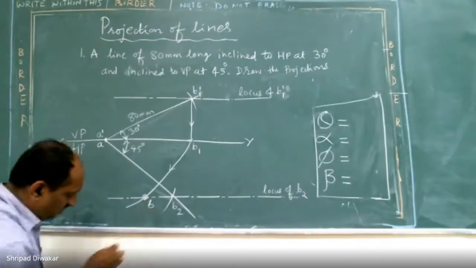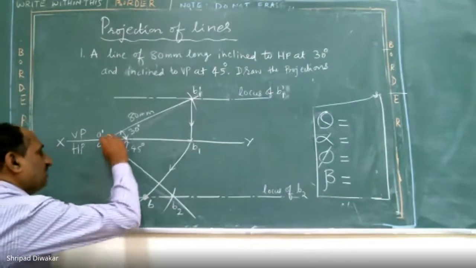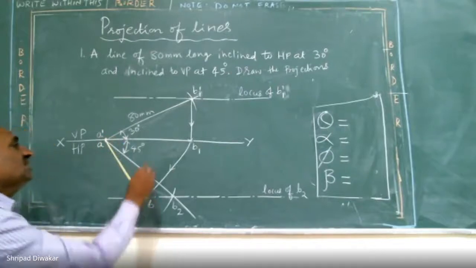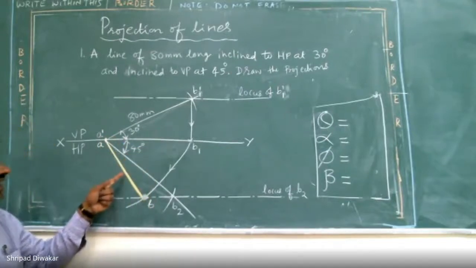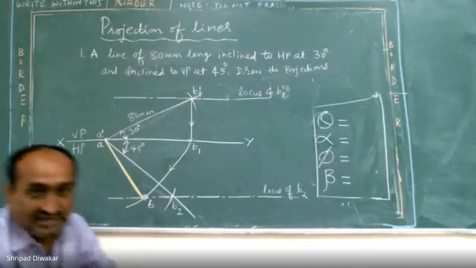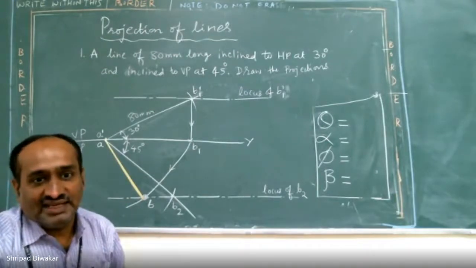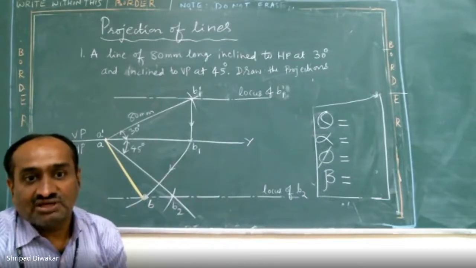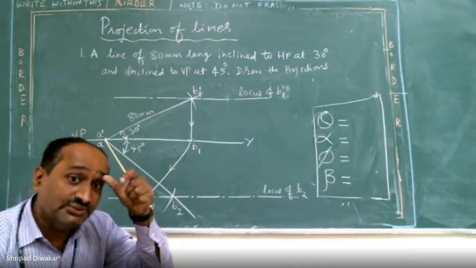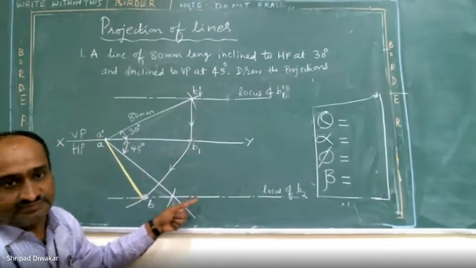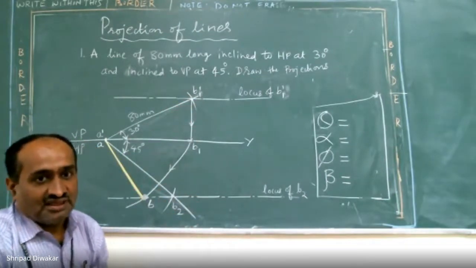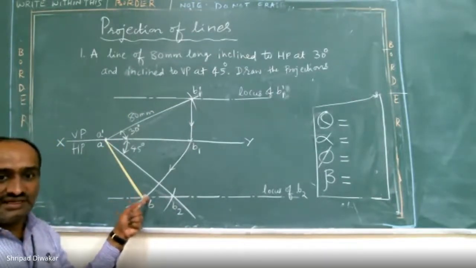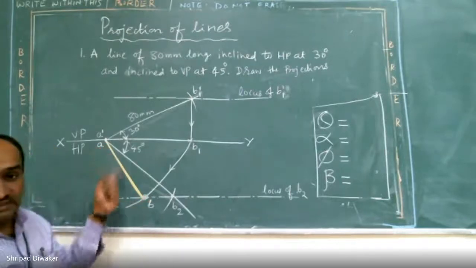Once you got B, one more thing, you have to represent this with the thick line. Remaining all the lines should be thin. Whatever lines I am highlighting, you have to draw with thick line. Only AB and A dash B dash, remaining all the lines should be thin. Don't make the same thickness for all the lines, it is a wrong practice, I'm telling you. You have to highlight AB.